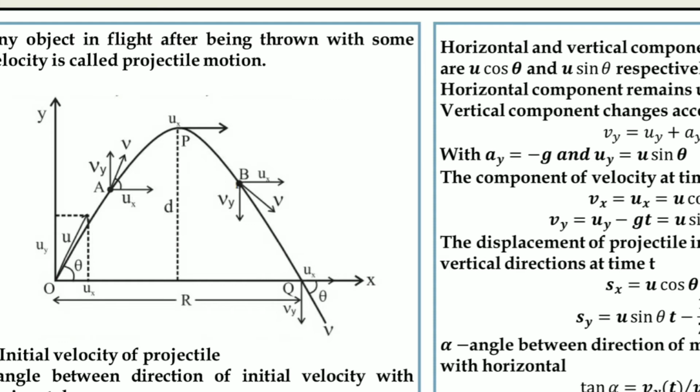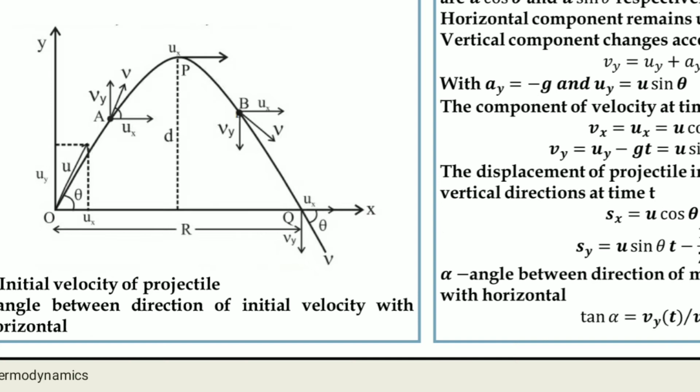Here in such a motion, the initial velocity ux, that is the velocity along the x direction, is constant and the velocity along the y direction is changing. Because no force is acting on that object along the x direction. So the velocity along the x direction in projectile motion, or in two dimensions, is what? Constant.